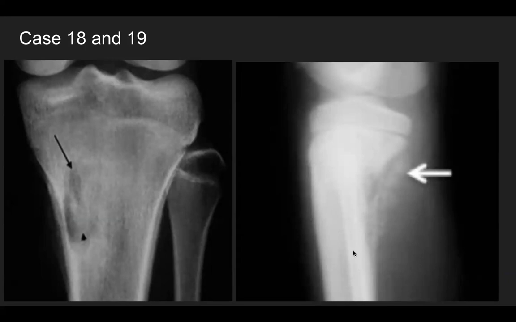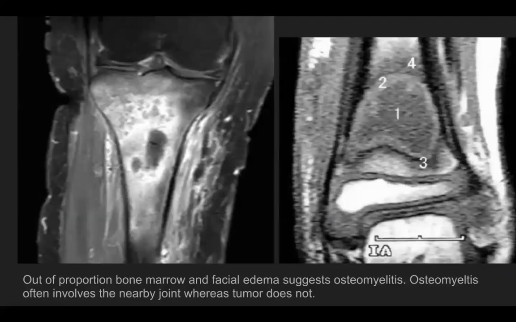So osteomyelitis is one thing which can mimic anything. It can mimic a benign bone tumor, it can mimic a malignant bone tumor. So it is a great mimicker, it is a great masquerader. How to catch it? You can actually catch it on MRI, because MRI will show out of proportion bone marrow edema and out of proportion fascial and soft tissue edema in these